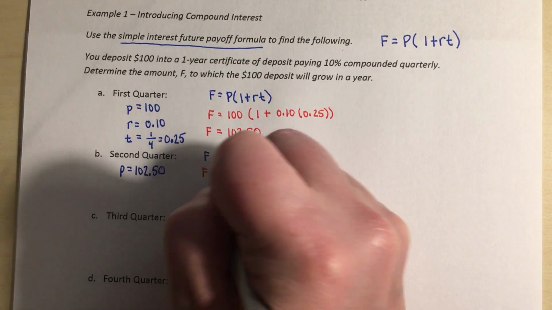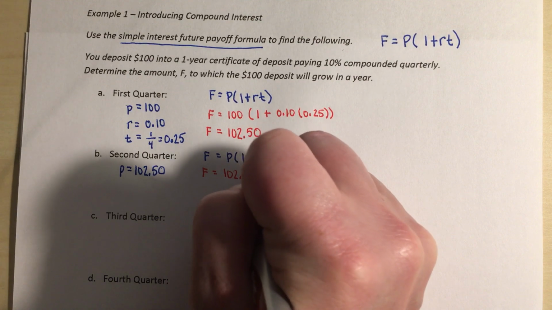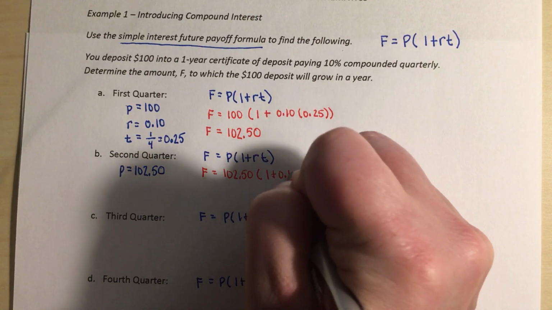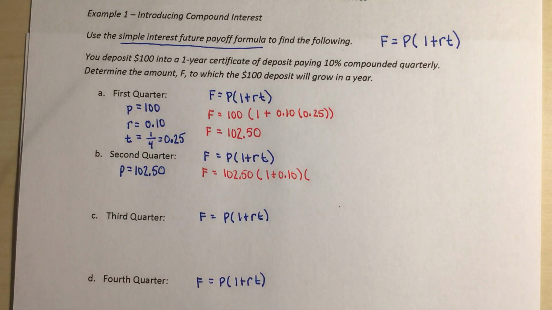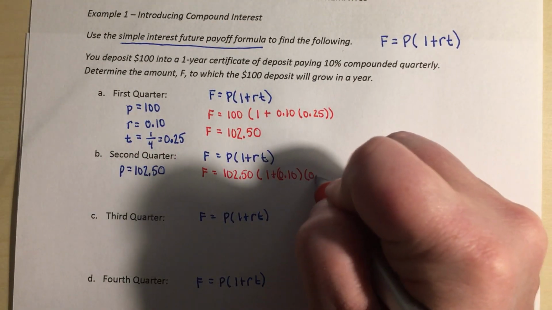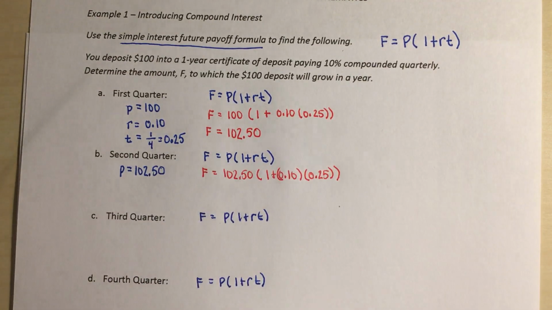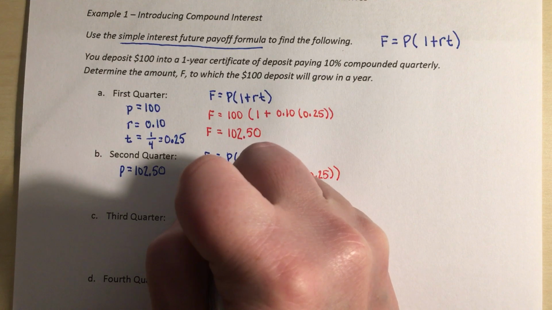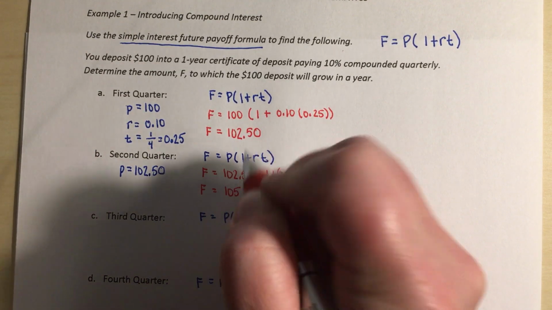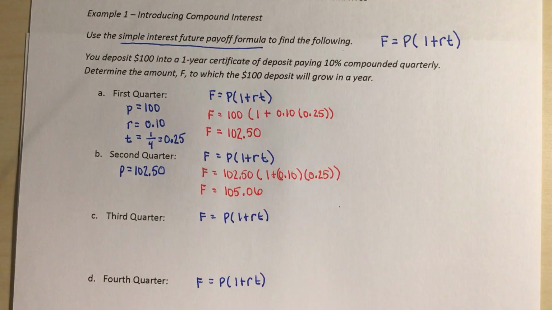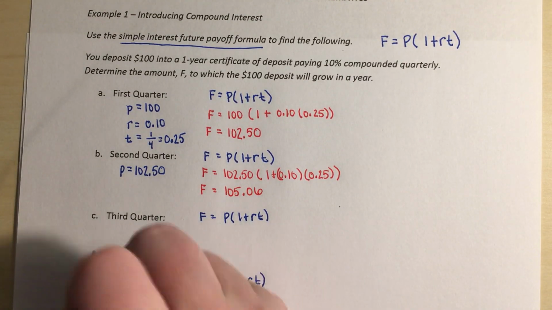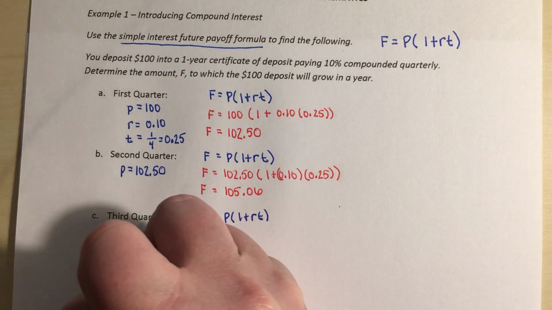Right, so into our formula we go. 102.50 times 1 plus 0.10 times 0.25. We can put the 0.10 in parentheses as I did here. We can leave them off as we did in the previous example. It doesn't really matter as long as we have parentheses around the entire part outside. That's just showing multiplication. This is going to give us F equals 105.06. Right, now when we move to our third quarter, this is going to be our P,